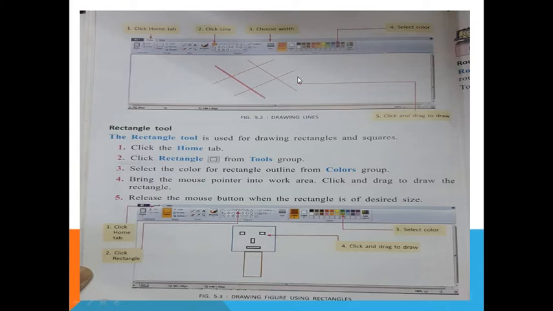Okay, so now come to the rectangle tool. About the rectangle we will study now. The rectangle tool is used for drawing rectangles and squares. If you make the corners the same and the lines also the same measurement, it is called a square.